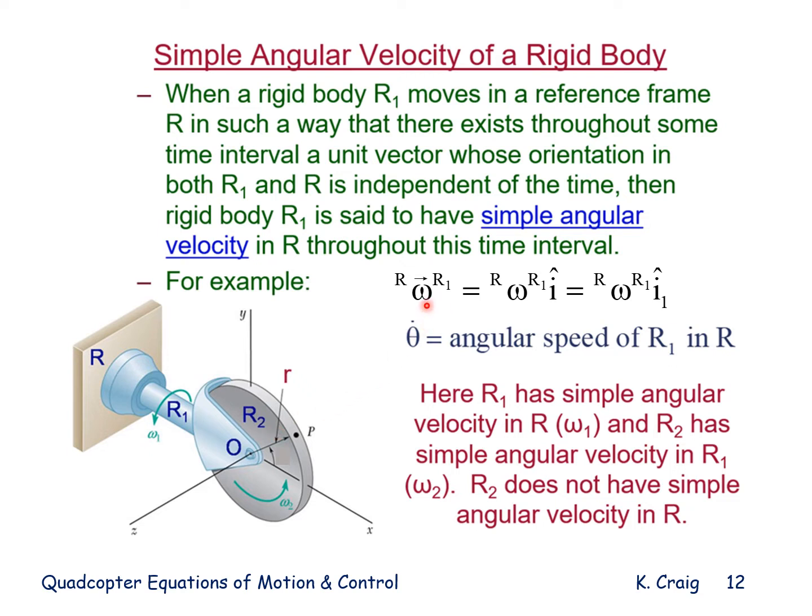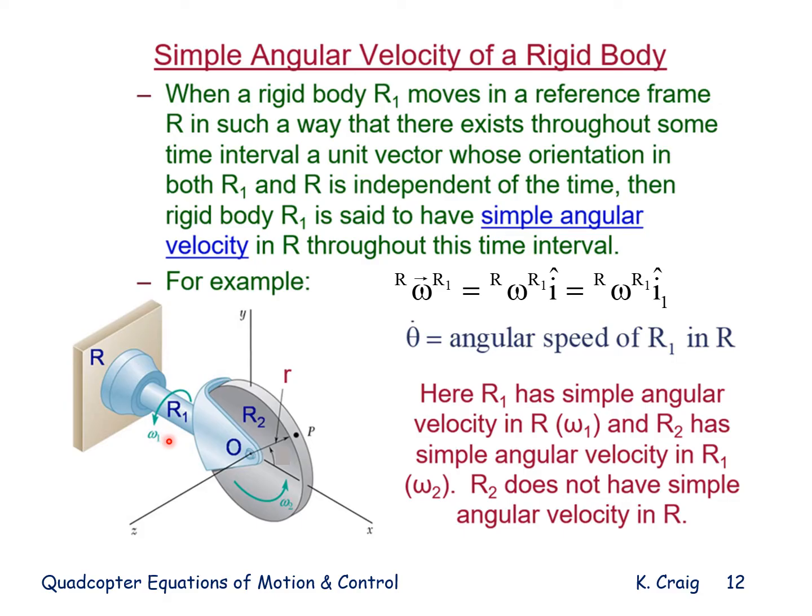The angular velocity of R1 in R is simple angular velocity because R1's x-axis remains parallel to the x-axis of R throughout its entire motion. So the angular velocity of R1 in R, as a vector, equals the angular velocity of R1 in R as a scalar times I hat, but I hat is the same as I1 hat. The unit vectors remain parallel through the motion. And if theta is the angular displacement, then theta dot is the angular speed of R1 in R, here shown